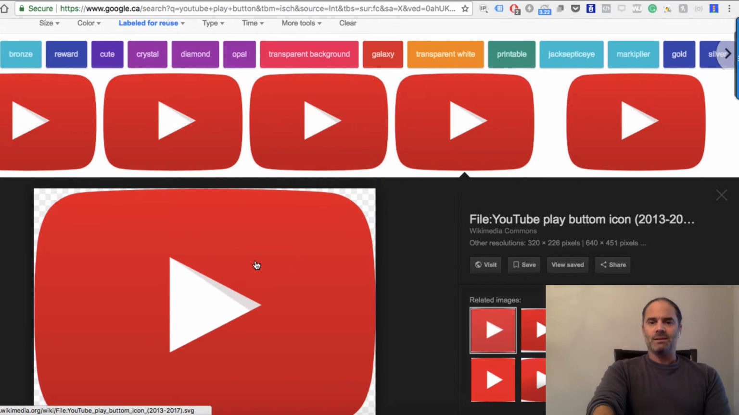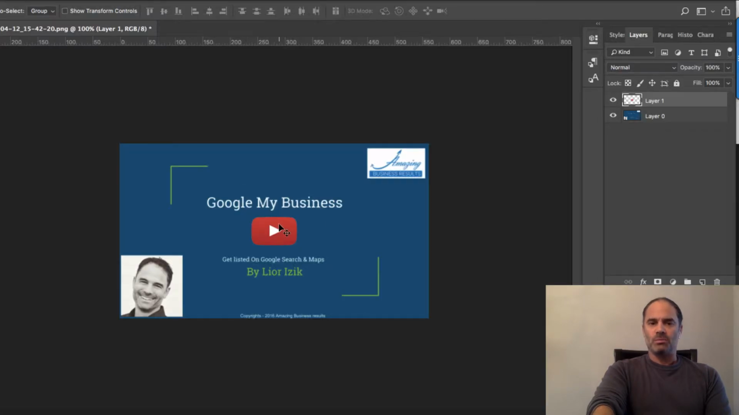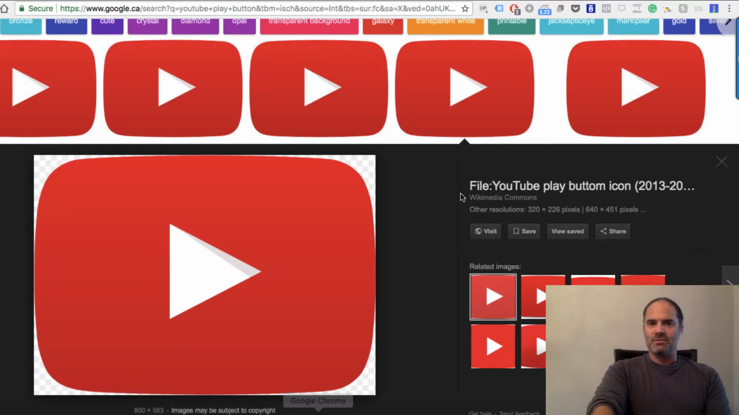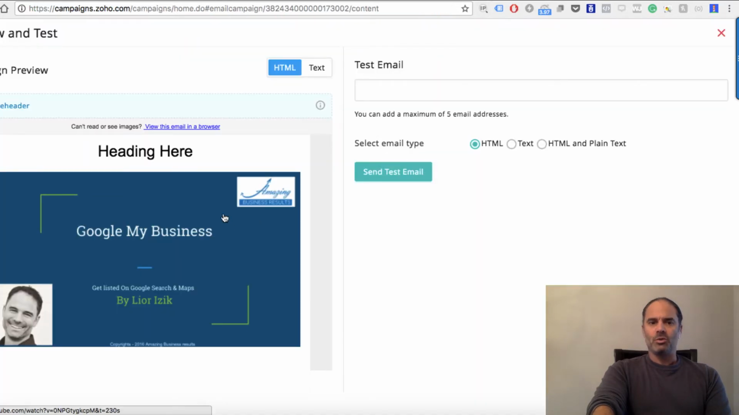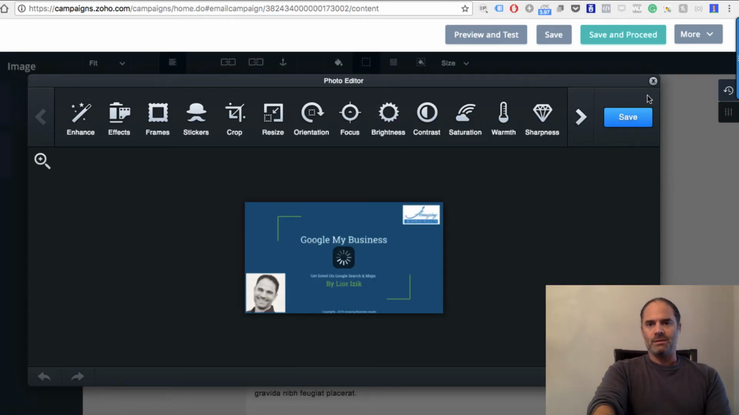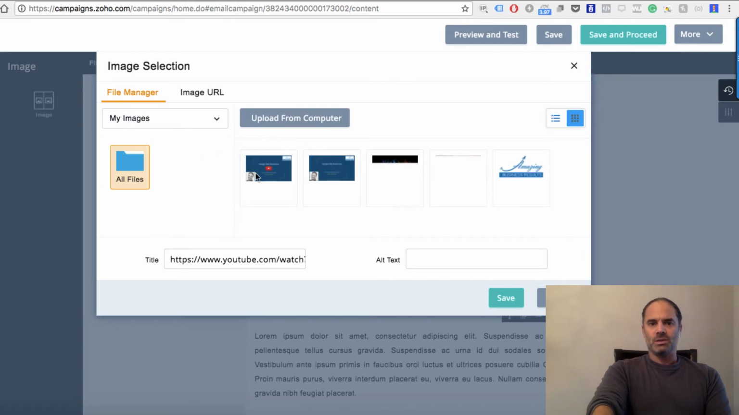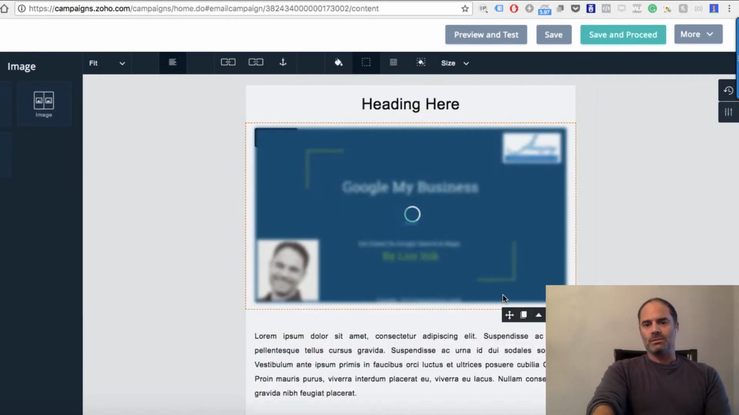Now, once you do that, you copy the play button and then you go to your Photoshop, and in the Photoshop, you just place the play button in the middle. Once you export and save, you go back to your campaigns, and then you click on the image, and you put the other one, the picture